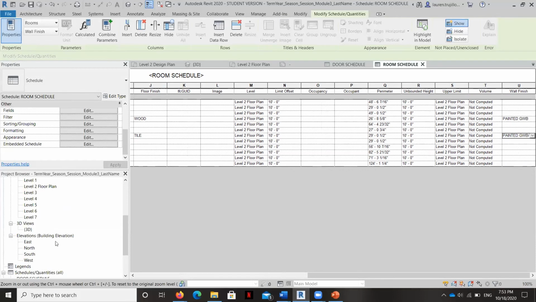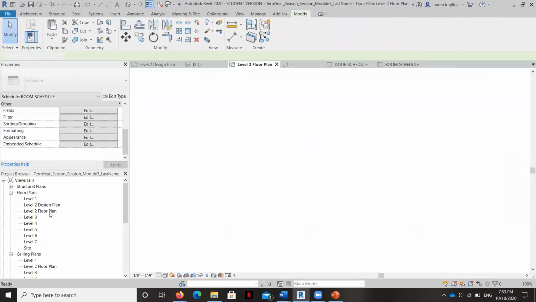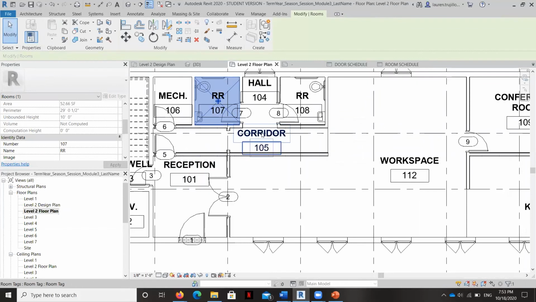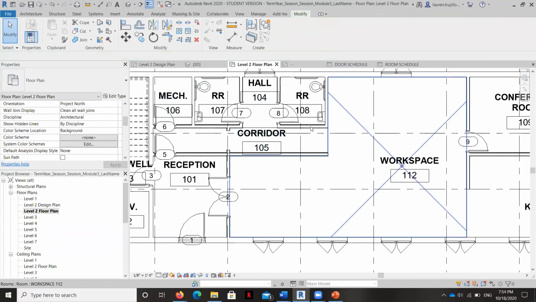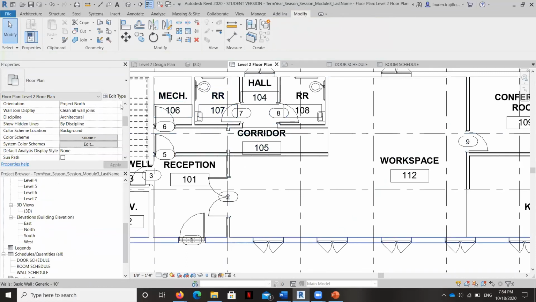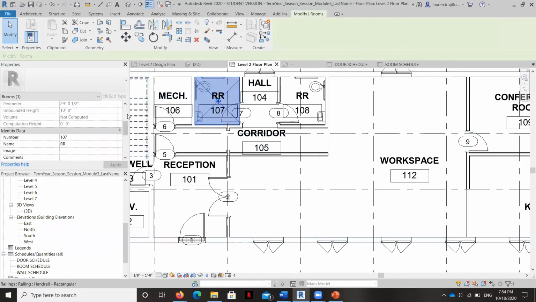So now let's go ahead back to that floor plan. And let's go ahead to that restroom here. You can see it's still selected because Revit knows we were messing with it. And now as you scroll down, that information that I typed in the schedule is talking to the properties on the floor plan. So you can see here that it's a pretty amazing method of saving information. And again, the more information that you decide that you are going to populate within these fields, the more information will show up in the schedule.